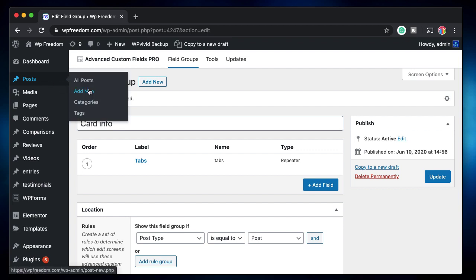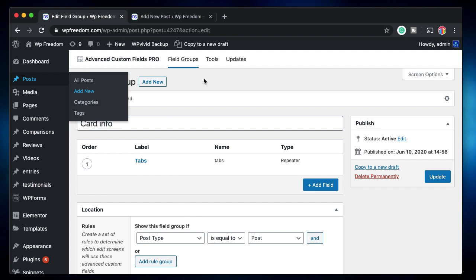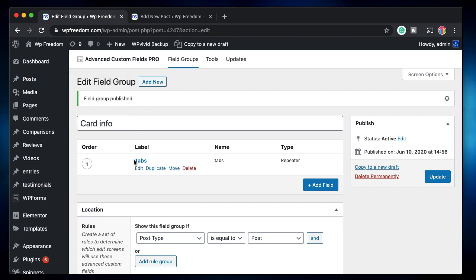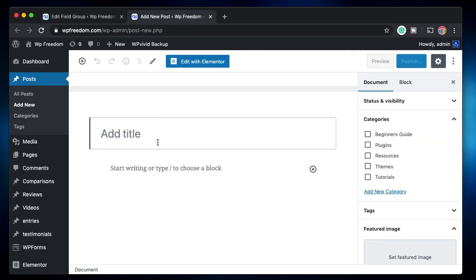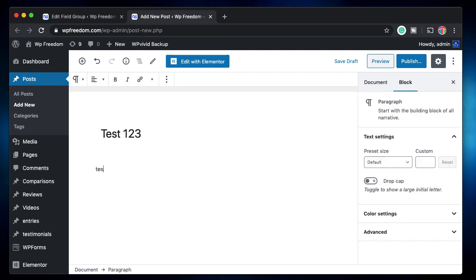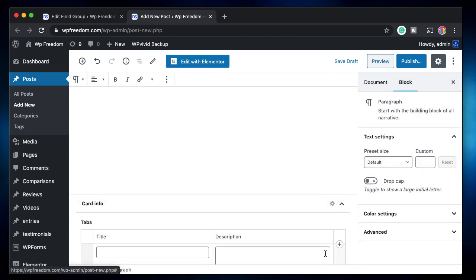Now let's add a dummy data, and before you try to pull the data in Unlimited Elements widget creator, just add a post with actual fields. I'll just call it test123, and I'll just click on add row.